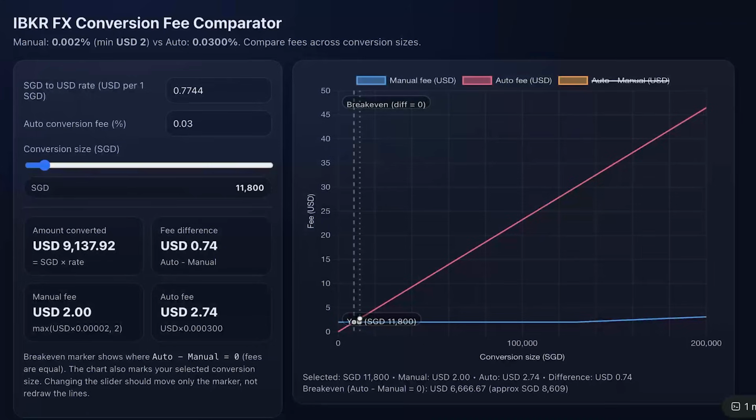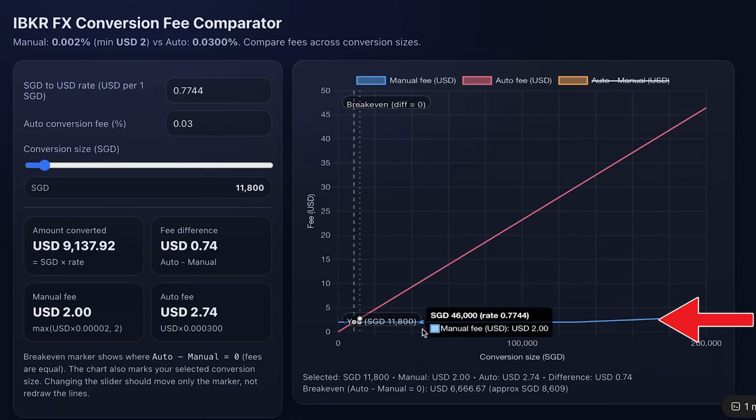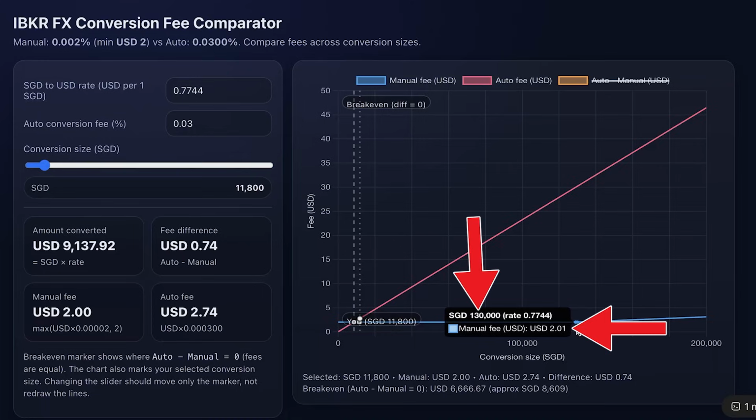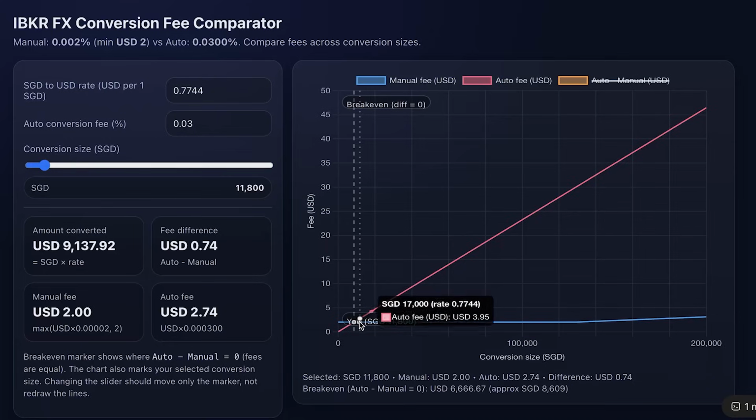Now, even though IBKR says that the spread can range between plus and minus 0.03%, let's just assume that we get a 0.03% spread for auto currency conversion every time. As expected, that percentage cost goes up as the conversion amount increases. In comparison, manual currency conversion on IBKR remains largely unaffected. For smaller and mid-sized conversions, the total cost stays close to the $2 minimum. It is only when you start converting larger amounts, like above 130,000 SGD, that the total cost starts to go up a little. The break-even point sits at around